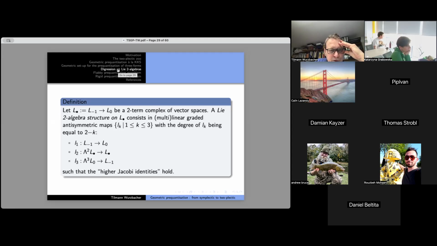Then you have an L3, which for degree reasons can only go from the third exterior power of L0 to L minus 1. So there are a lot of different conventions in this business. You can also take symmetric powers and so on, but okay, I take this convention. And then there are compatibilities between these structures, which generalize Lie algebra,